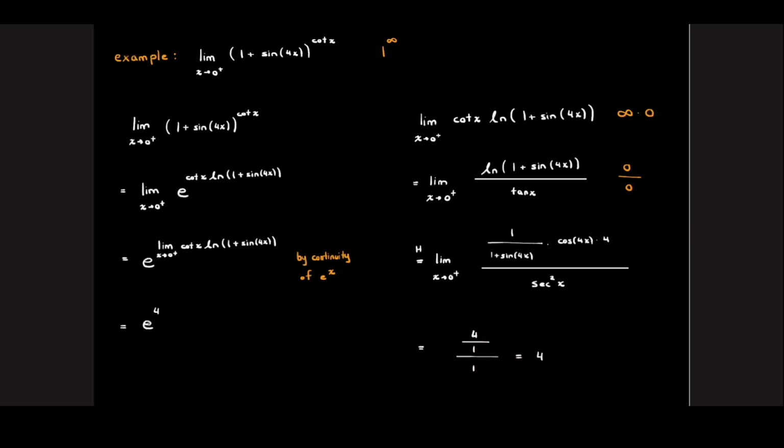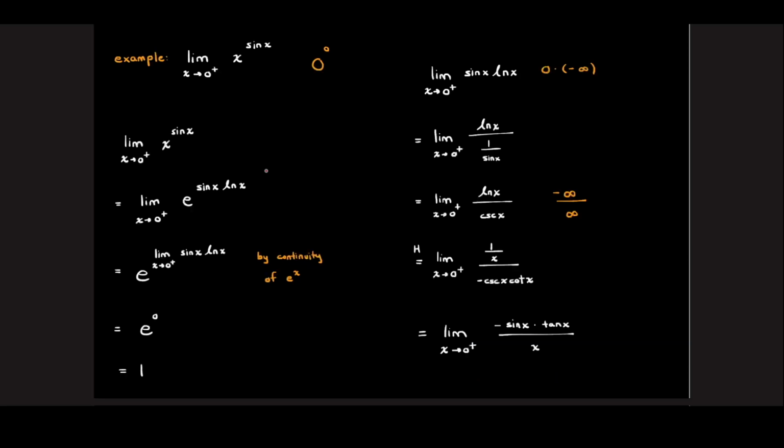And the final answer is just e to the 4. Great, let's take a look at one more example. In this problem, we have the limit as x approaches 0 from the right hand side of x raised to the sine x. So first let's analyze the behavior of the base and the exponent as we approach our limiting